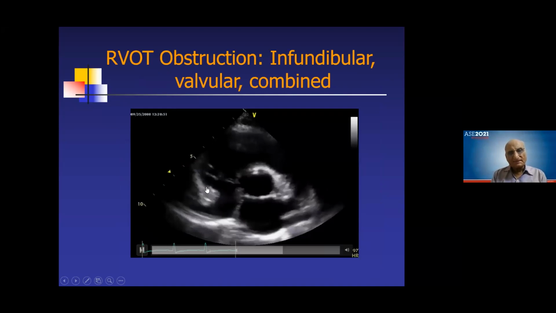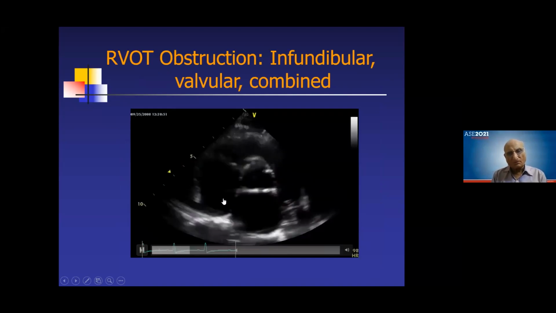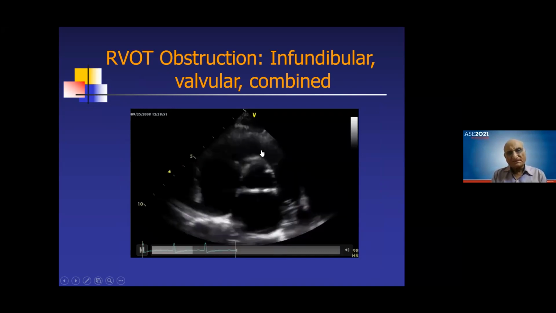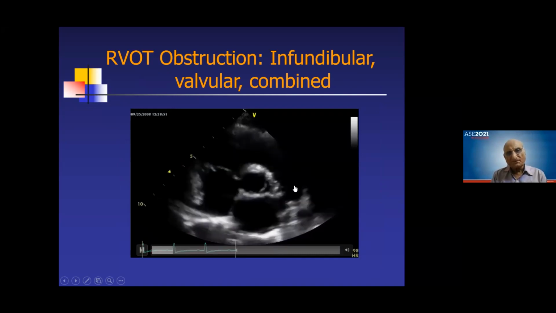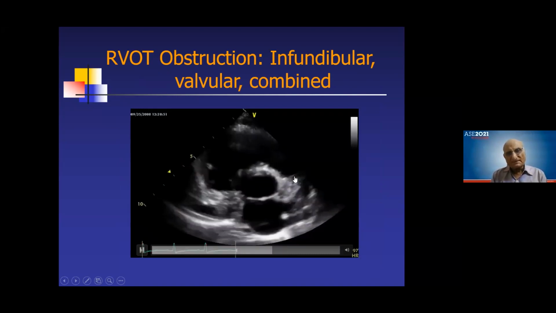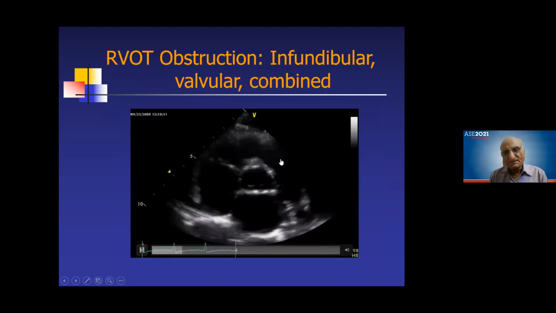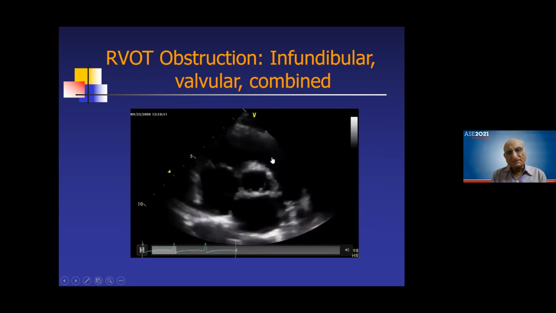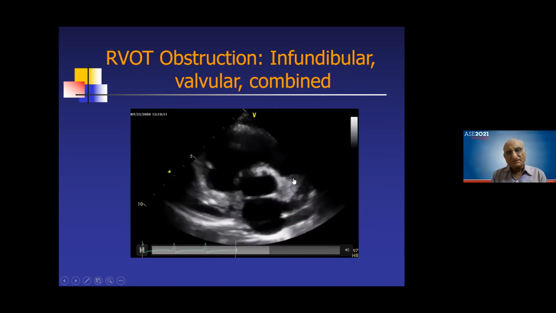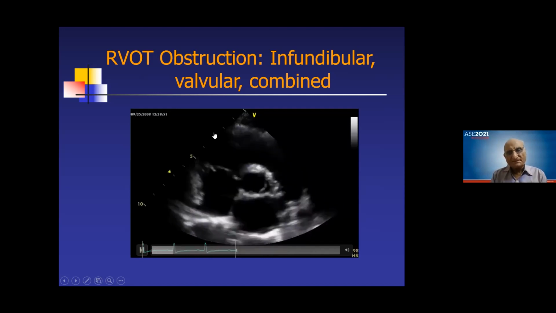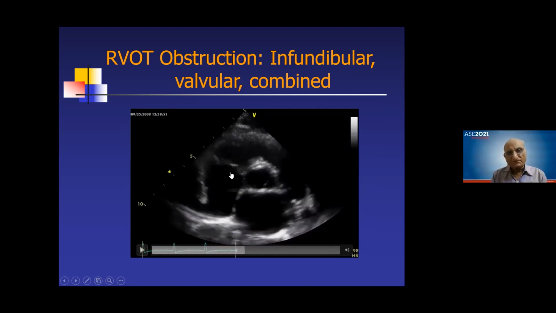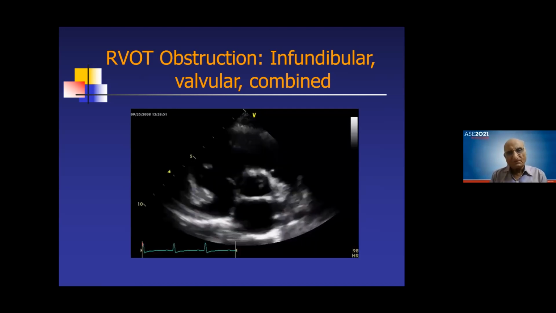Then now in a short axis view, as you know, this is a normal short axis view. You see this is right atrium, tricuspid valve, right ventricle, a pulmonary valve, and a pulmonary artery. So the third thing was an RVOT obstruction. This RVOT obstruction can be in the infundibular region, just proximal to the pulmonary valve, or it can be valvular or can be combined. So there can be an obstruction anywhere, because that is the third feature of a Fallot tetralogy. So we'll show you somewhere just now. And fourth is this, as we show you here again.